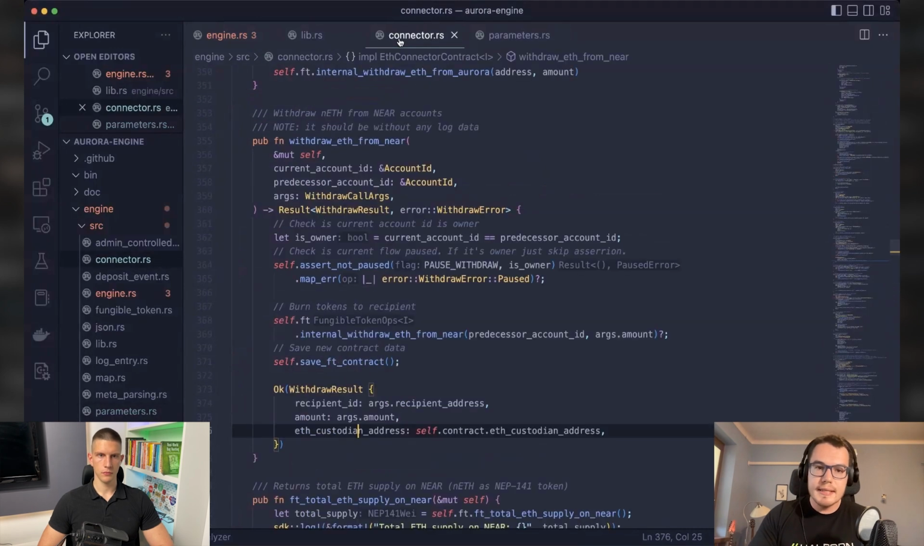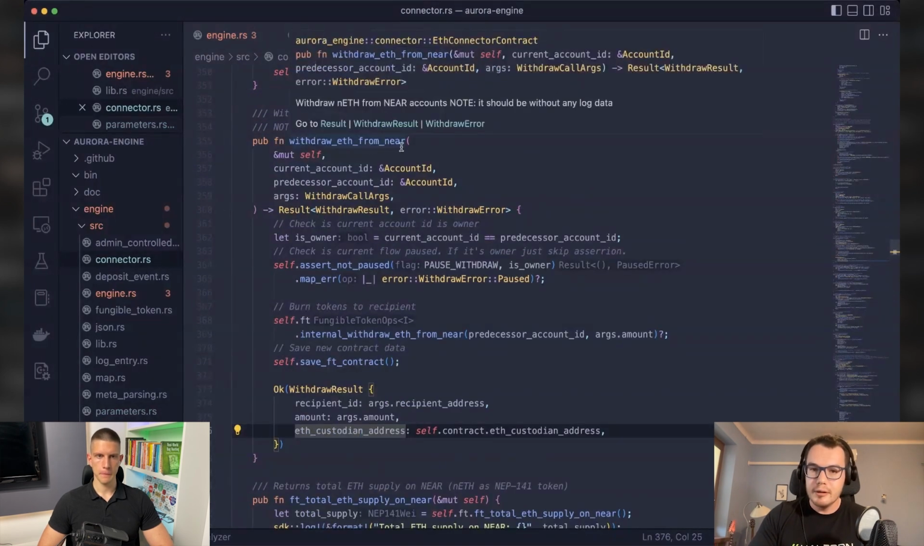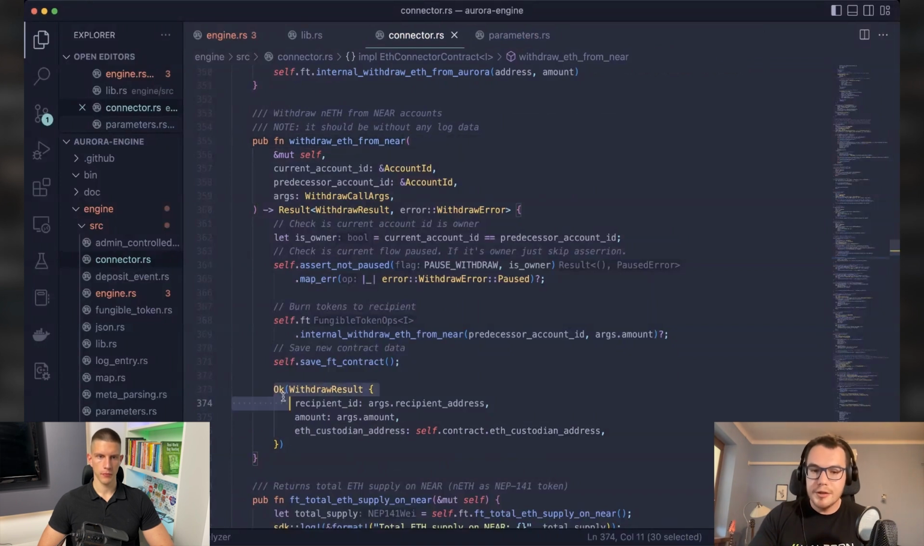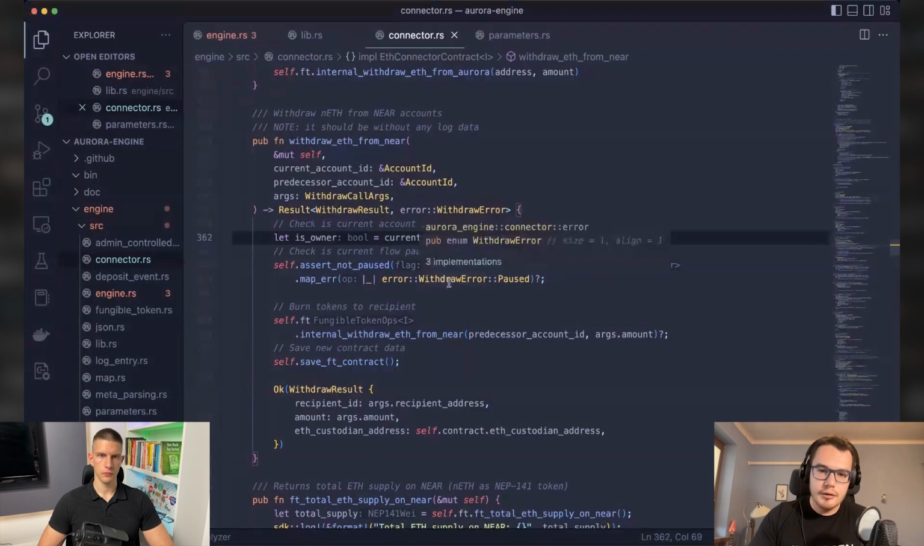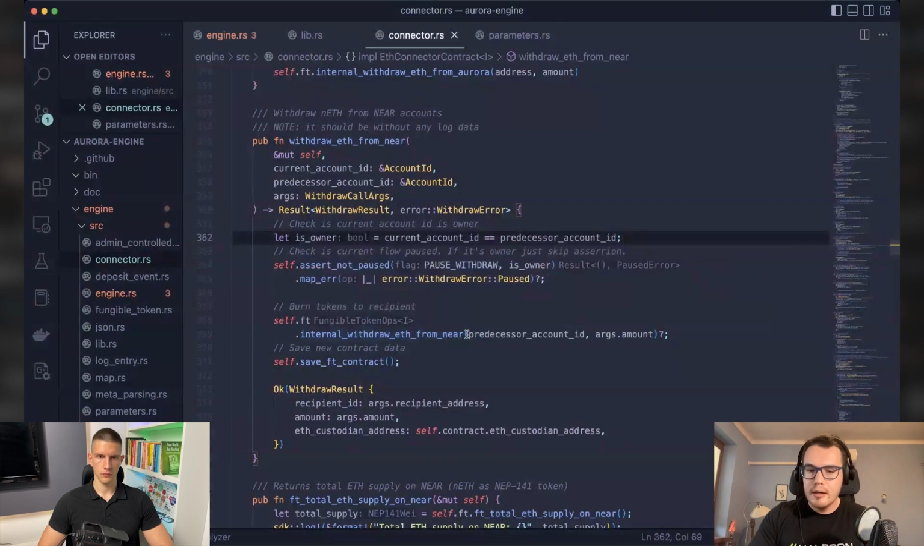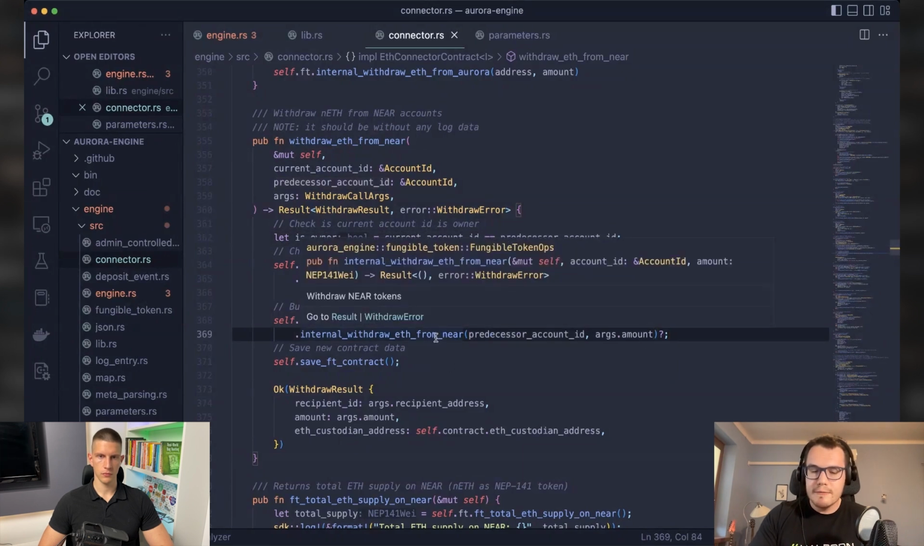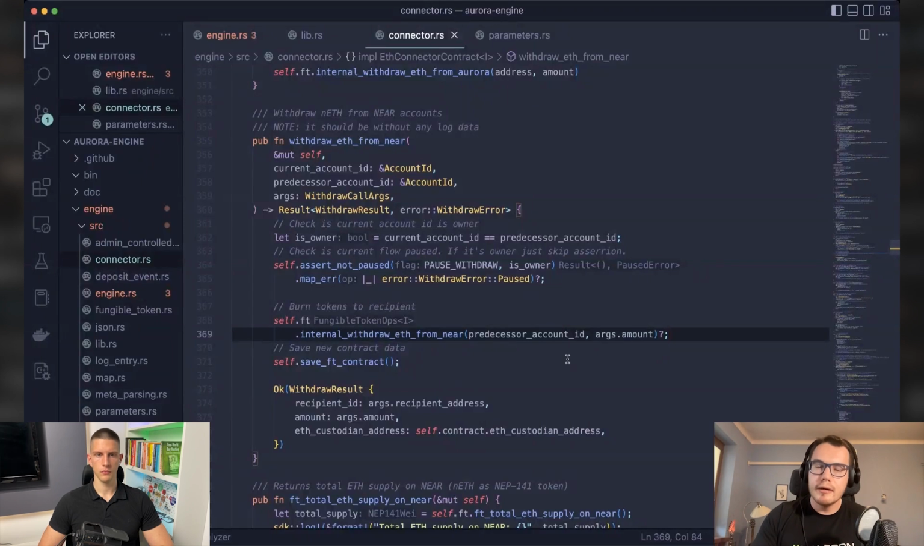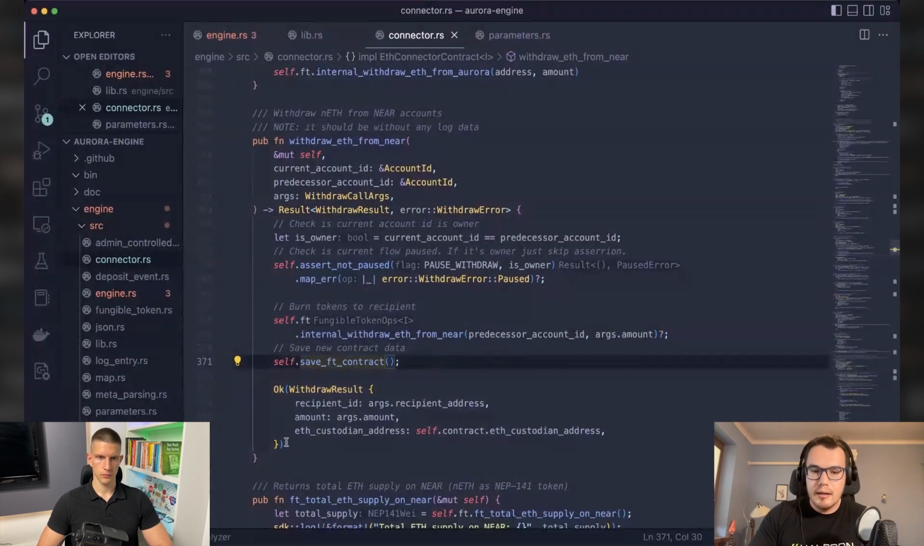There is a function called withdraw ETH from near, and this function is actually returning this withdraw result. Let's see what it does. Well, of course, it checks authorization, whether you are the owner or not, whether the contract is paused, and then it calls internal withdraw ETH from near, which is an internal transaction. We don't really need to dive too deep into it, but I can tell you that this function is basically just reducing your Ether balance in Aurora. It's burning those tokens, and it's saving the state of the contract, and then it basically returns this withdraw result,